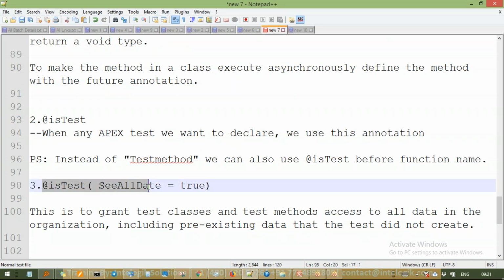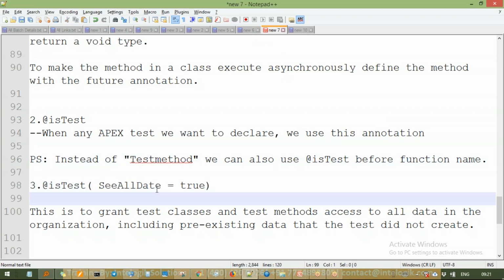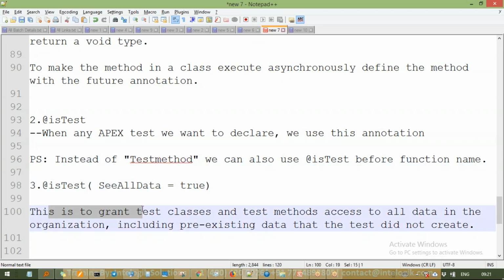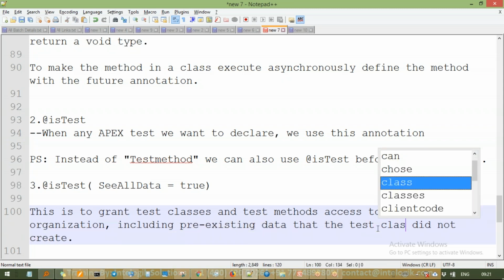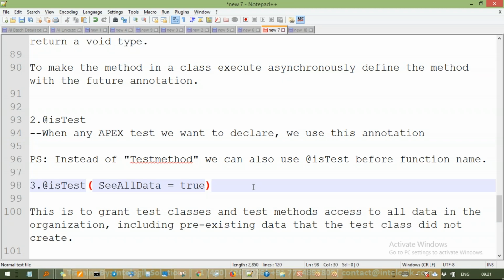In the Apex test class, when you mention this, at the beginning mention SeeAllData=true. So what will happen? This is to grant test classes and test methods access to all the data in the organization, including pre-existing data that the test did not create or the test class did not create. Before that, I will just tell you